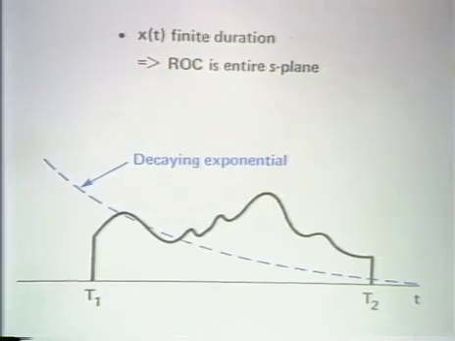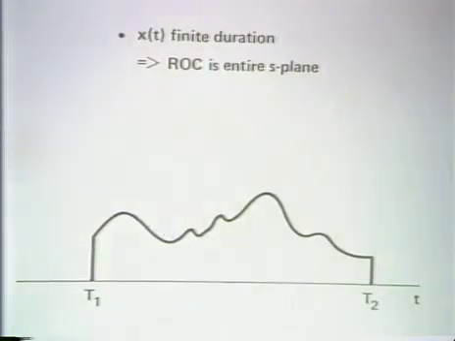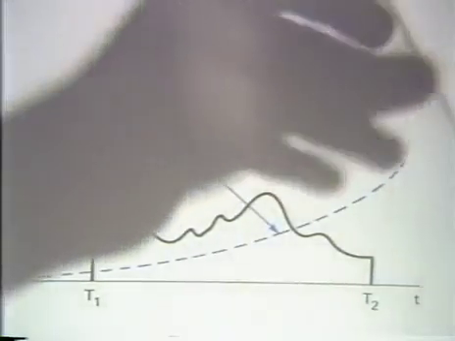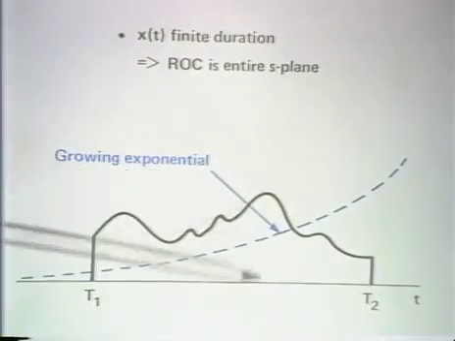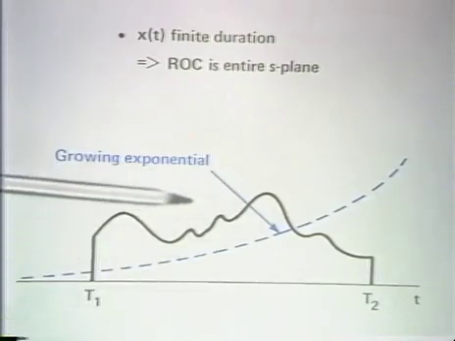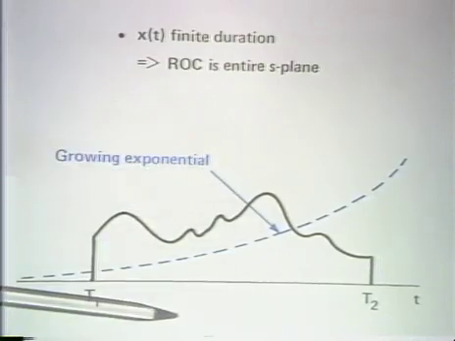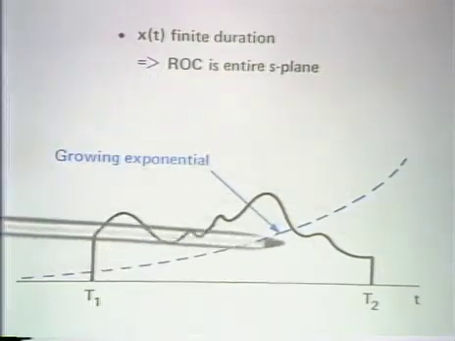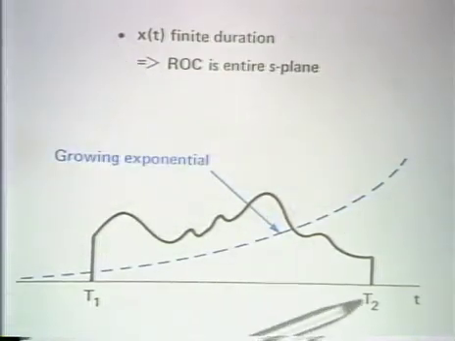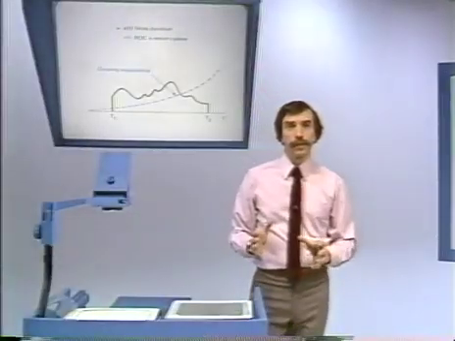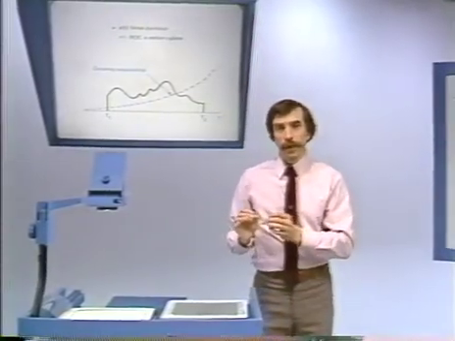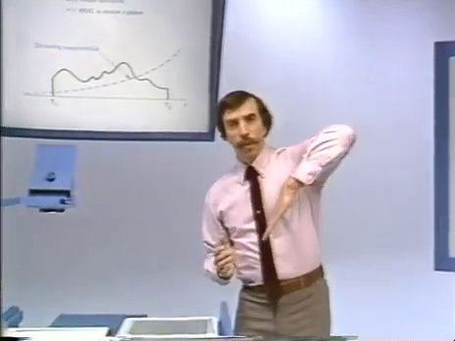Likewise, if I had a growing exponential, then for a growing exponential for negative time, I'm making things smaller. For positive time, eventually this exponential is growing without bound, but the time function stops at some point. So the idea then is that for a finite duration time function, no matter what kind of exponential